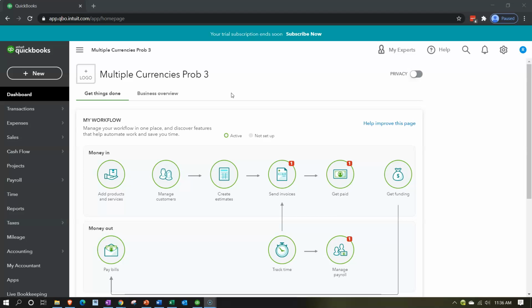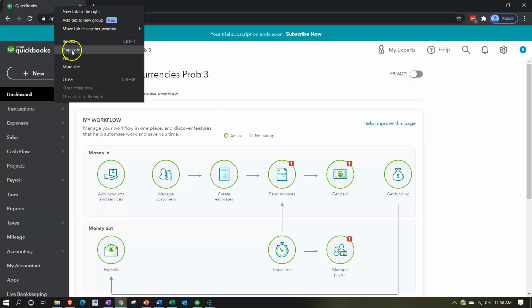In prior presentations, we turned on the free 30-day trial and then turned on the multiple currencies. Now we're going to be entering the initial transaction. Let's first open up our financial statements by going to the tab up top, right-clicking on it. We're going to duplicate that tab. And then I'm going to duplicate again, right-clicking on that tab and duplicating again,